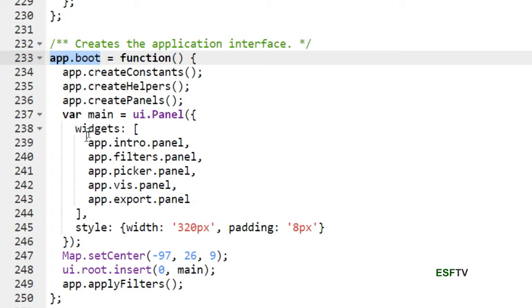So as you can see, in this script, 99% of the things that you're seeing in here are